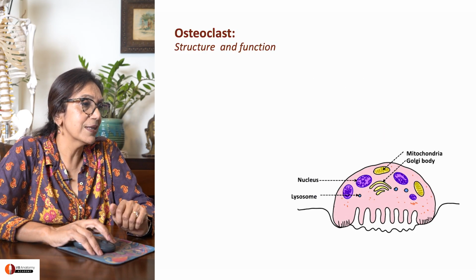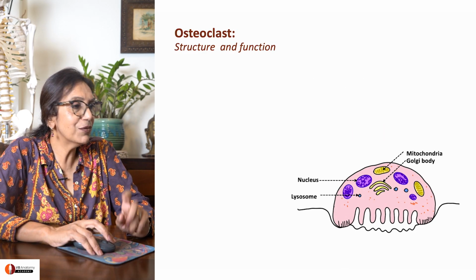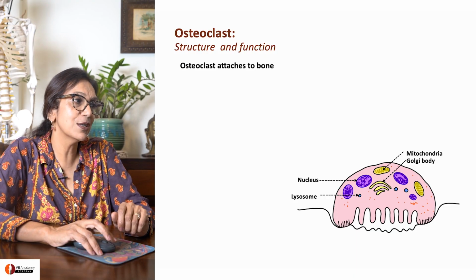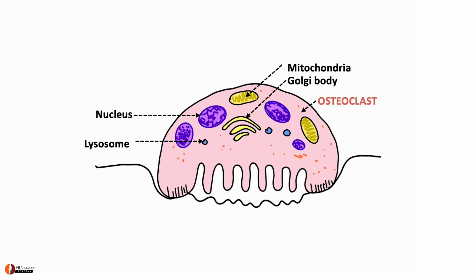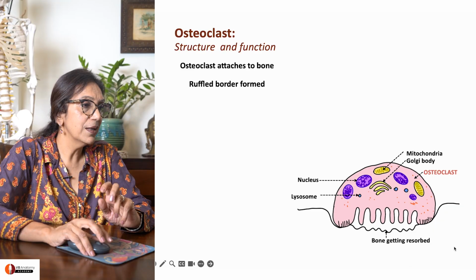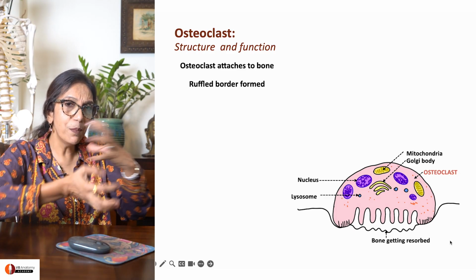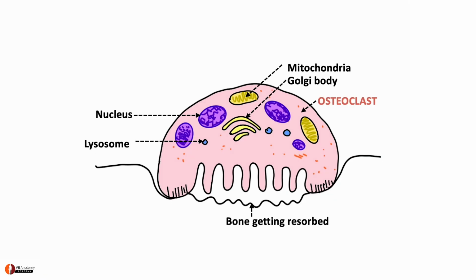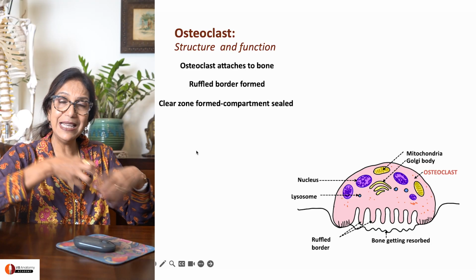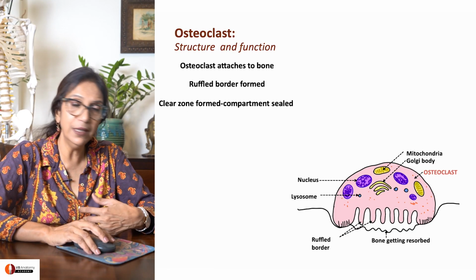Come, I'll show you this. Now here you are seeing a beautiful pink colored cell which is an osteoclast. You can see it is attached to a portion of the bone, and that's the bone that's getting resorbed. The part of the osteoclast which is doing the slow breaking of bone has become ruffled here. It's called the ruffled border. And this white space here is called a clear zone, into which it's going to release the acid for resorption of the bone.